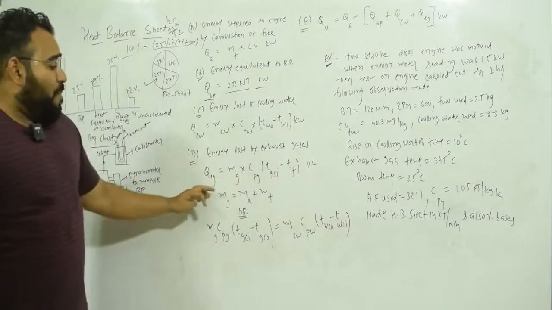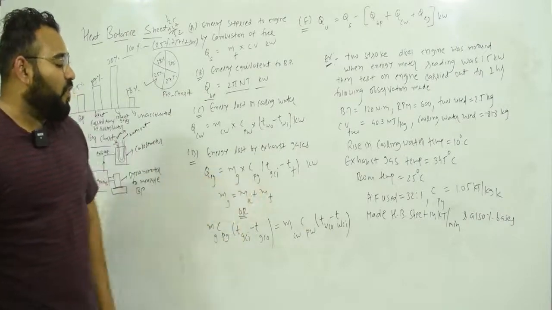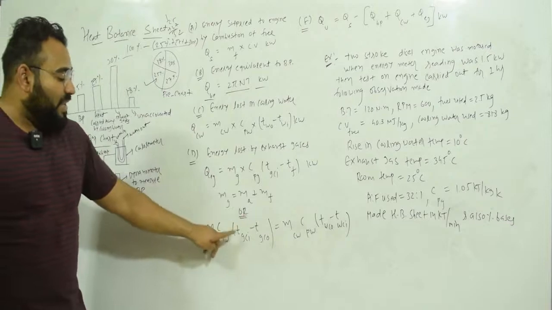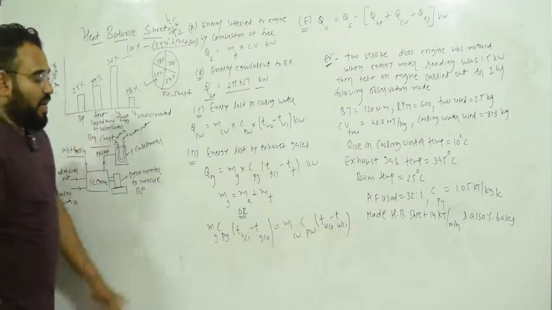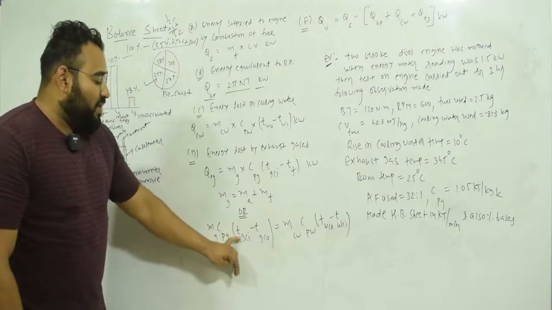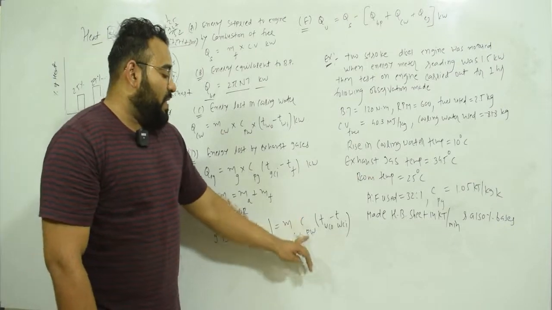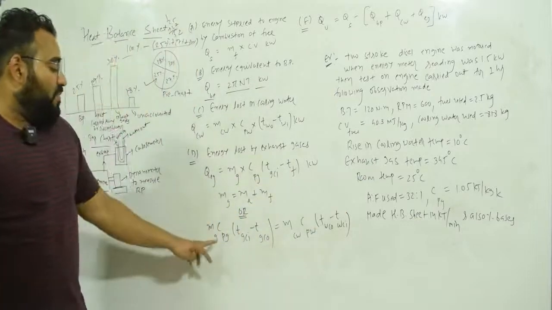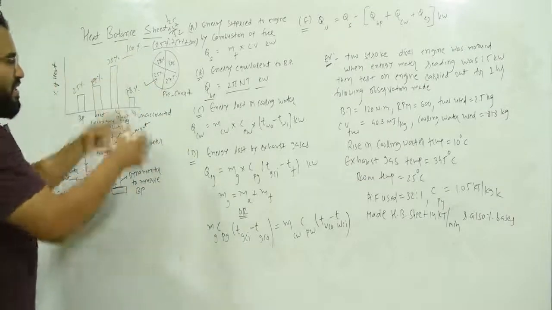Okay. Now the mass flow rate of gas can be found in two ways. The mass flow rate of gas is equal to the mass flow rate of air plus the mass flow rate of fuel, or you can find the mass flow rate of gas using this equation: the heat lost by the exhaust gases is equal to the heat gained by the cooling water in this calorimeter. So the heat lost by the exhaust gases is the mass flow rate of exhaust gases, specific heat of exhaust gases, exhaust gas in temperature minus exhaust gas out temperature, equal to the mass flow rate of cooling water, specific heat of cooling water, cooling water out minus cooling water in temperature. Making mg the subject, you can find the mass flow rate of gases. So this is just the theory point of view. Okay. But how to apply it?